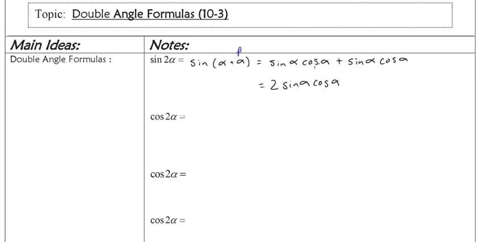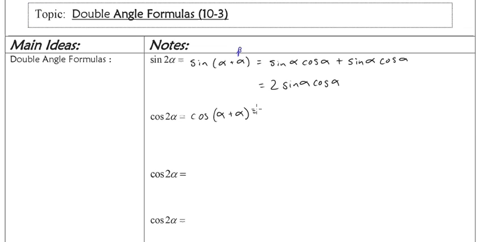If that's not pretty straightforward, the part that's probably tripping you up is back from 10.1, and so maybe I'd go back and spend some more time familiarizing yourself with 10.1. Cosine of 2 alpha, real similar here, is going to be cosine of alpha plus alpha,